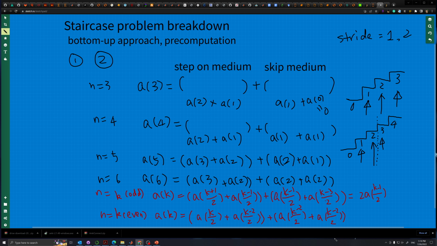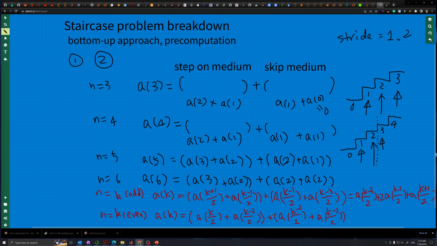Wait, there's actually a k minus 3, so I think we need to move this to the middle because it's a value in the middle, and we're gonna write a of k minus 3 over 2 plus this plus a of k plus 1 over 2, right? And then this one here,